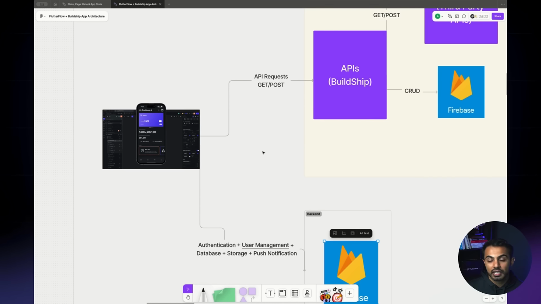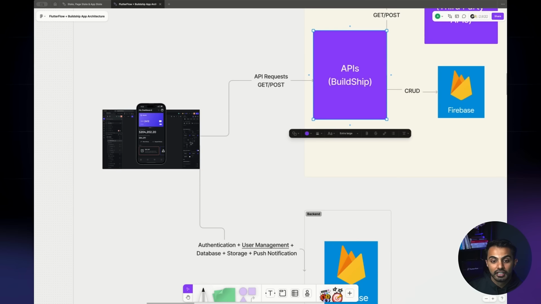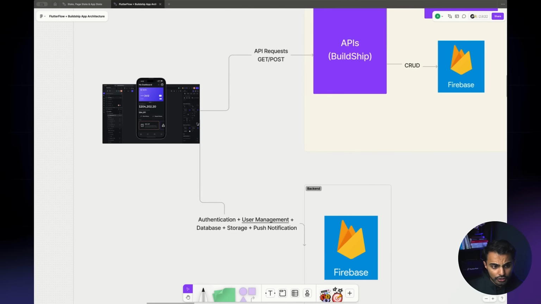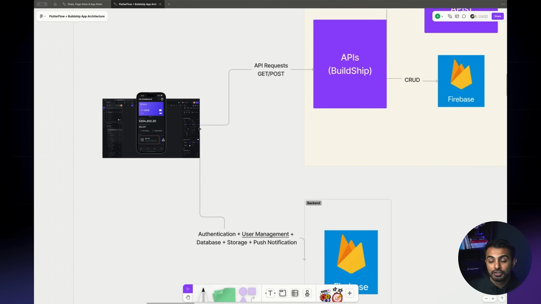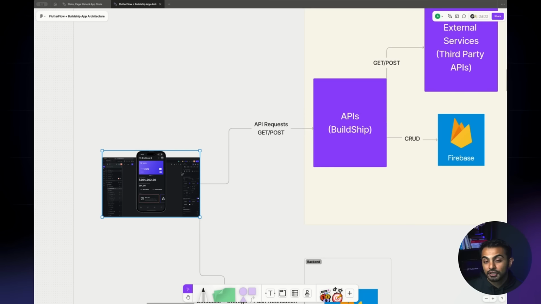However, when you want to integrate with third parties like weather, for example, we have somebody building a farming automation app for their farm. They want to keep track of their farm phases, and then they want to pull the weather API to do some predictions around what they should do with their farm. Well, they would actually integrate an API for the weather and bring that data into their app.